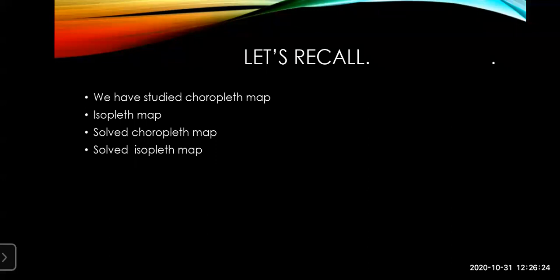We have studied about the choropleth map. We have studied how to read the choropleth map, and also we have solved the examples which were given in your lesson. That means all the choropleth map examples which were given, we have covered. We have also studied the isopleth map and how to read it and how to solve it. Now today we are going to revise the dot, choropleth and isopleth method, as well as we'll solve the remaining